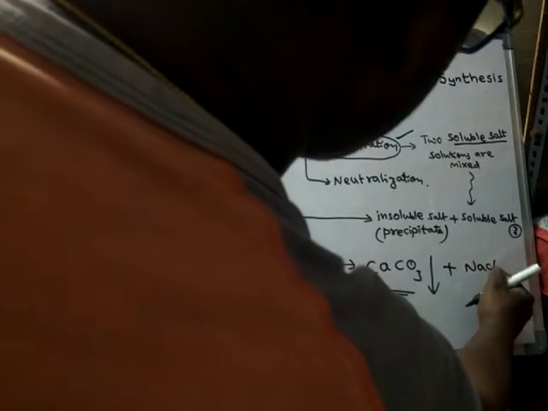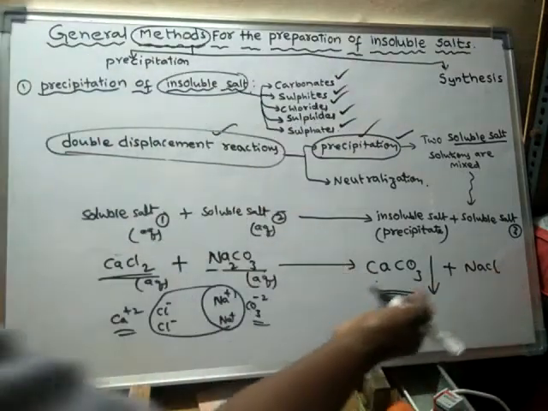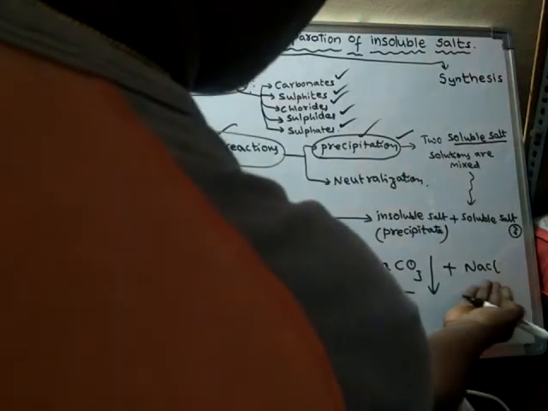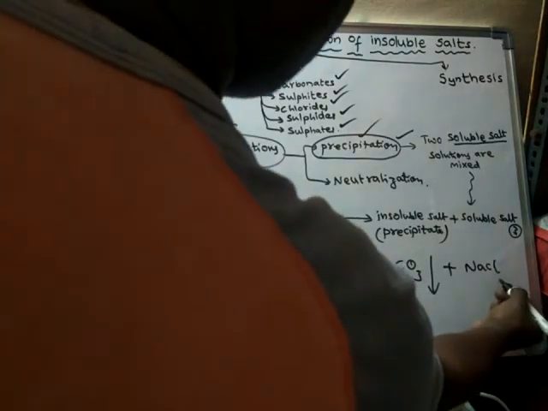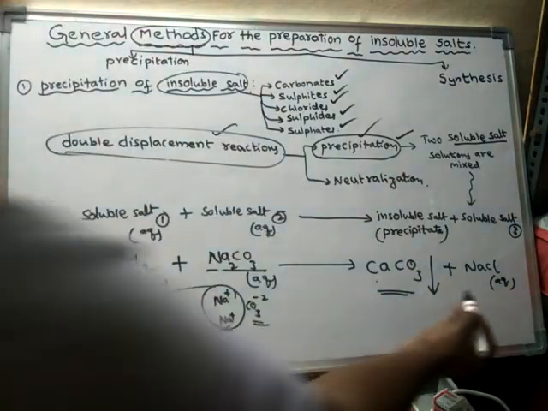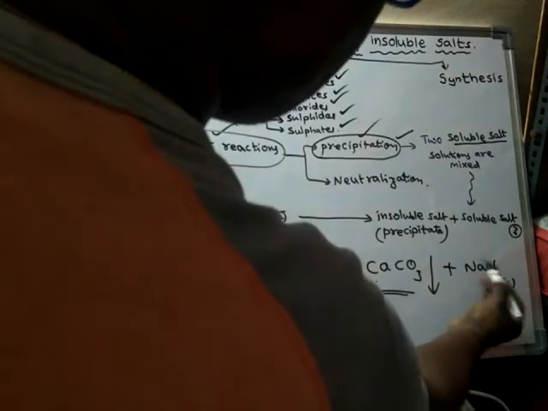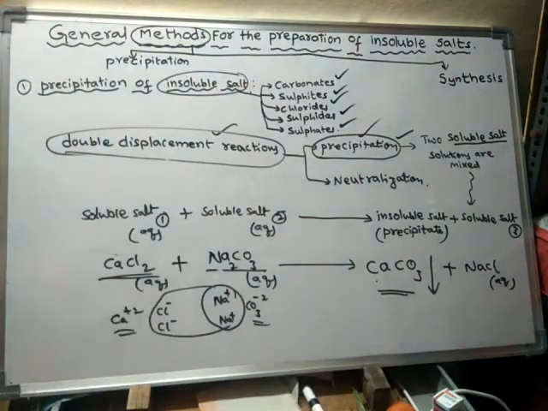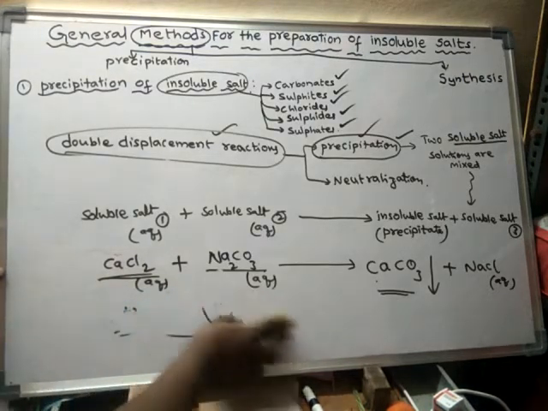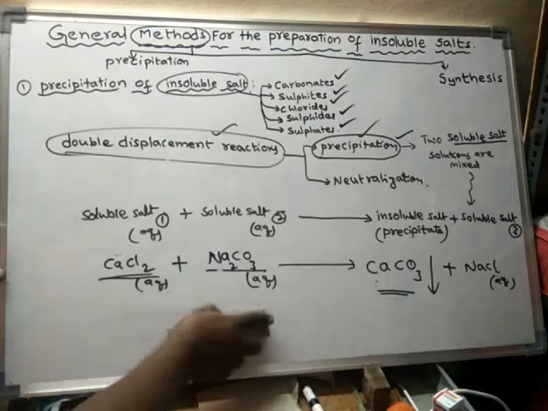Sodium chloride is common salt, which we already know about. We generally use it in our houses. It is soluble, hence, as it is soluble, I can write aq. If you write aq, then it indicates that it is soluble. Like this, this is an example for a carbonate salt.